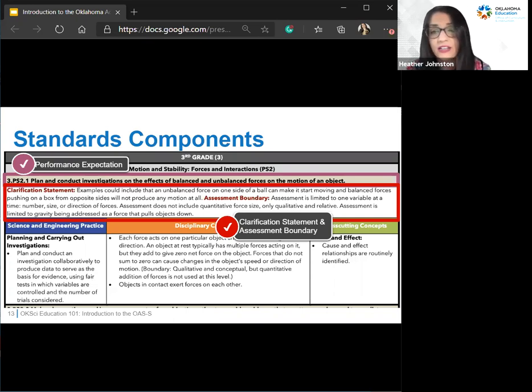And these are provided for every single standard. In 2014, some standards were missing these particular things. And so in 2020, we really tried to ensure that we provided these two supports for each of the standards.